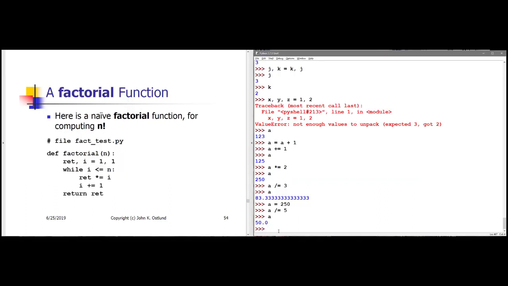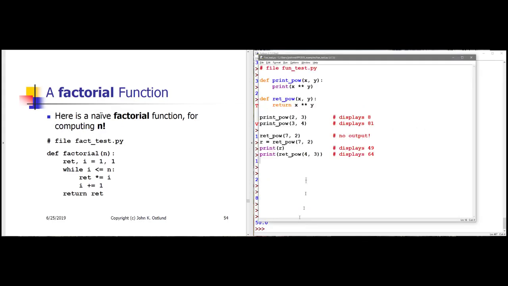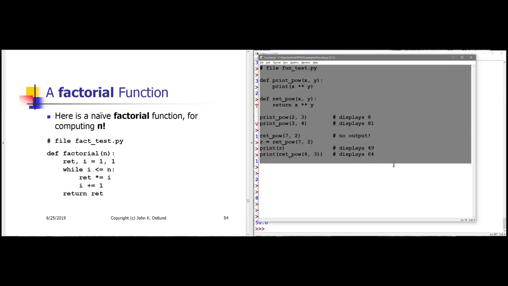Let's combine some of these things we've just introduced to create a factorial function that computes n factorial. And I want a program file for this. I don't want to type in this factorial function definition in my interactive shell. So let me return to my editor. Let me save fun test, just to be careful. And now I'm going to type in this